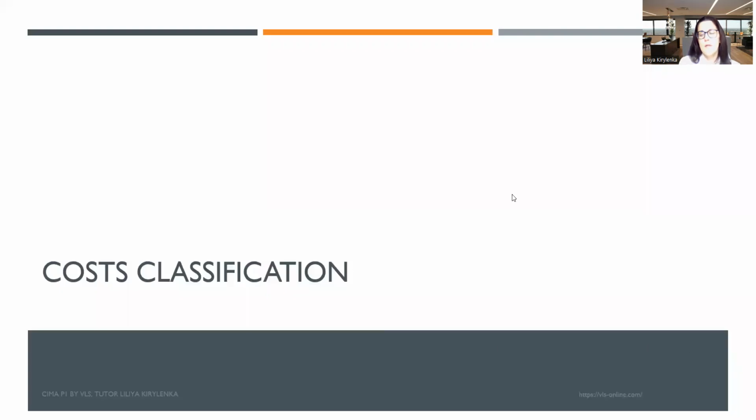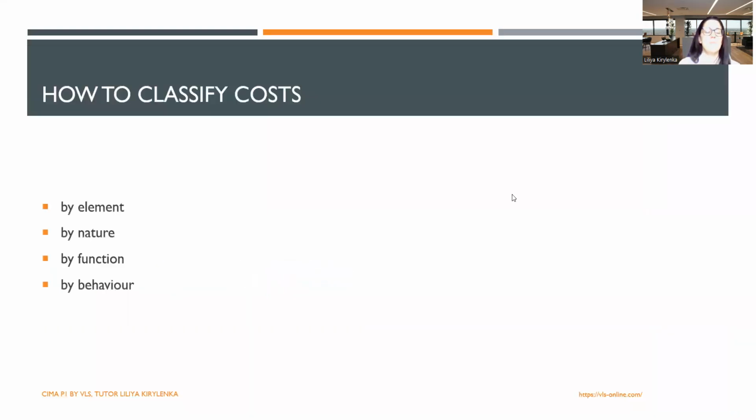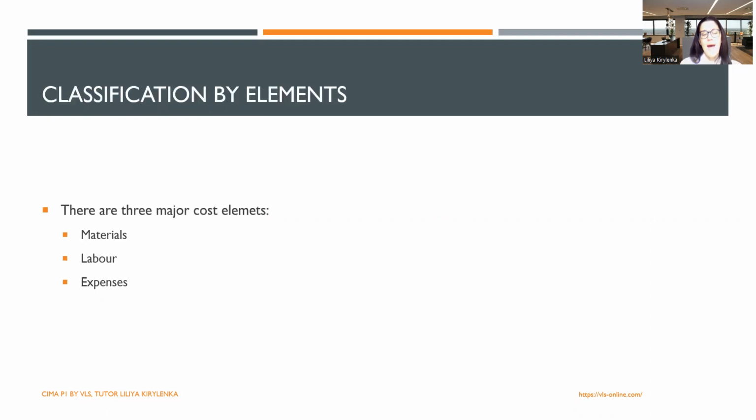Okay, so now let's talk about cost classification. There are 4 ways we can classify cost: by element, nature, function, and behavior. If we want to classify by element, there are going to be 3 major cost elements: materials, labor, and